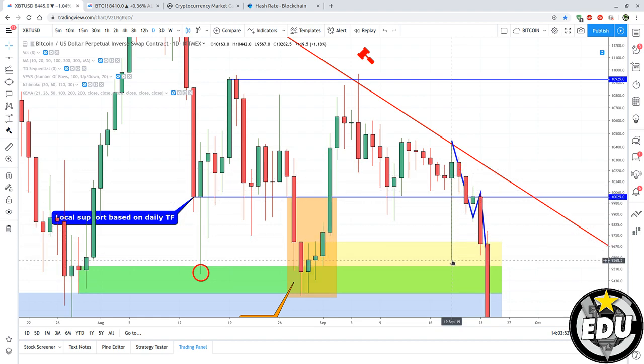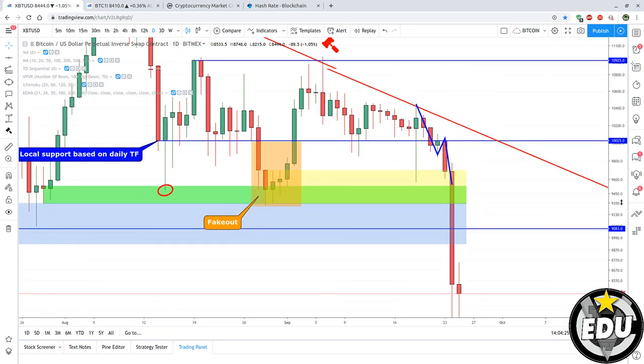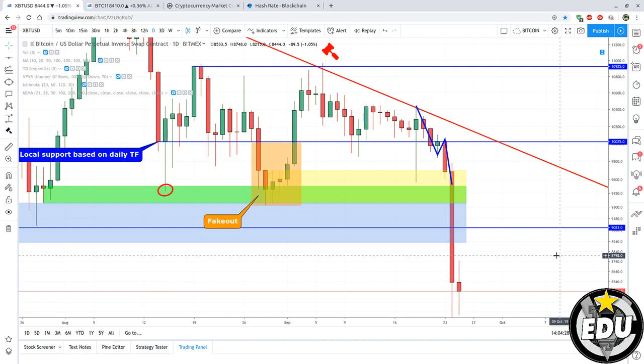Price dumped, price recovered so much. In fact, my members were like, "Oh my god, nice bounce on Bitcoin." And I posted in my free channel the chat I had with my member. I was like, "I'm not impressed. This has been happening all along." And in fact, price dropped, closed below level, retested, and boom, massive dump. So that's how you can spot your short